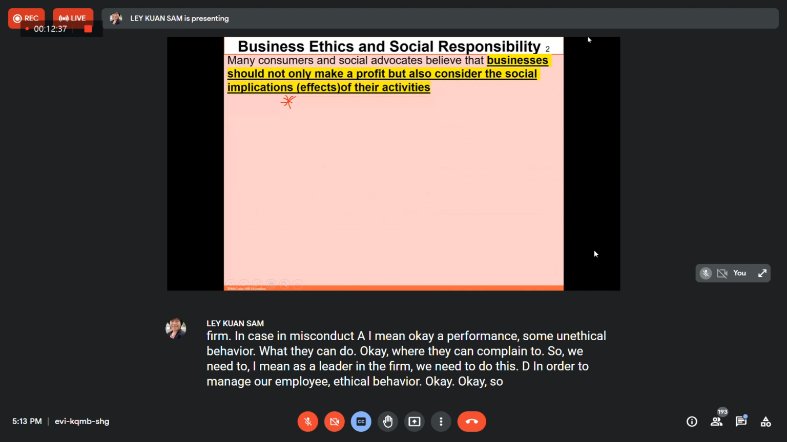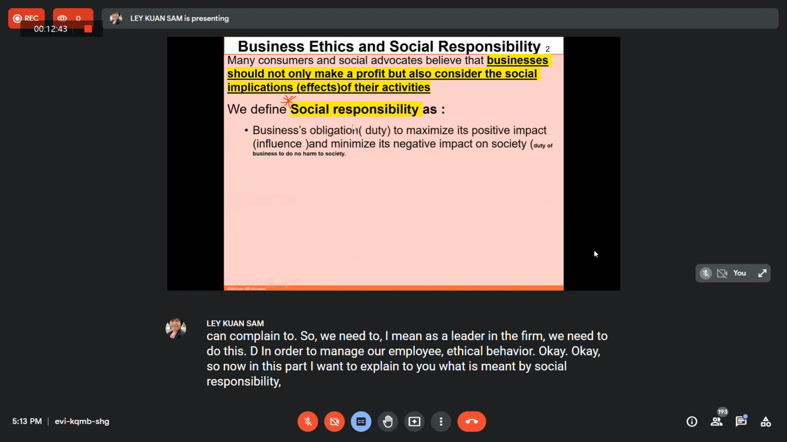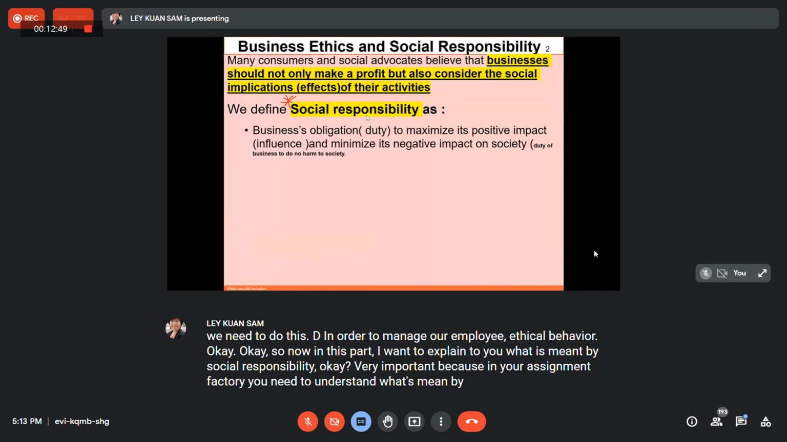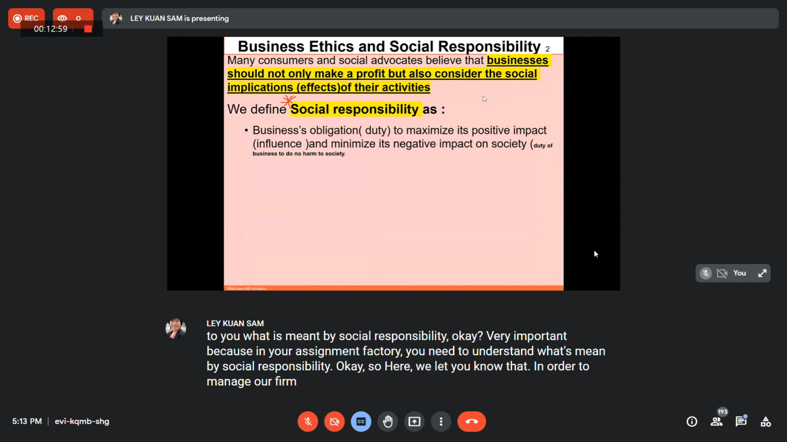Okay, so now in this part, I want to explain to you what is meant by social responsibility. Very important, because in your group assignment part 3, you need to understand what is meant by social responsibility. Here we'll let you know that in order to manage our firm image, in order to earn long-term profit,